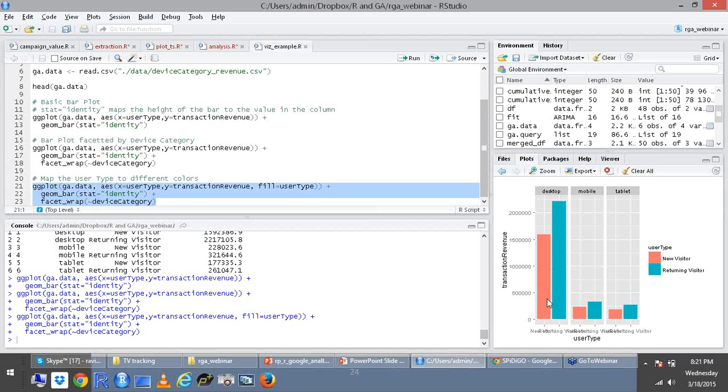So you can see that red represents new visitors, green represents the returning visitors, and you can see how they perform in terms of transaction revenue for desktop, for mobile, and for tablet. So these are very basic visualizations. There are enormously creative examples available.